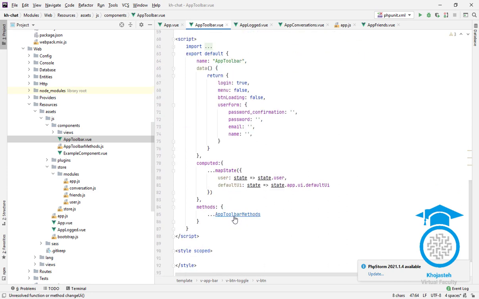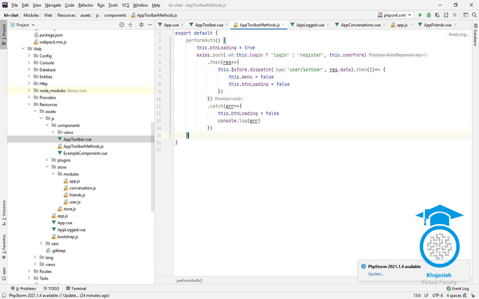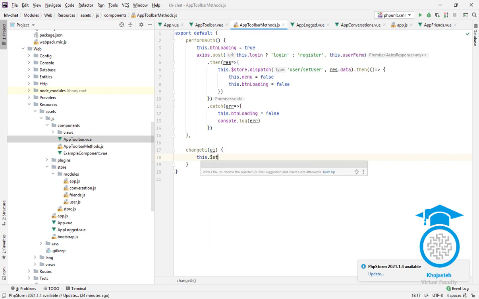Let's copy this, and here let's paste. We're going to get a UI, and we're going to use dispatch to simply apply the UI change. Actually,